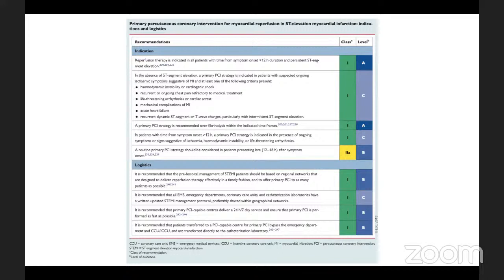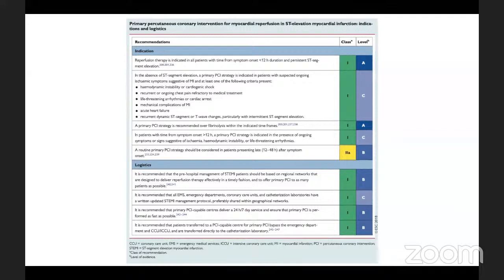In patients with time from symptom onset more than 12 hours, a primary PCI strategy is indicated in the presence of ongoing symptoms or signs suggestive of ischemia, hemodynamic instability, or life-threatening arrhythmia. A routine PCI strategy should be considered in patients presenting late, from 12 to 48 hours after symptom onset, and